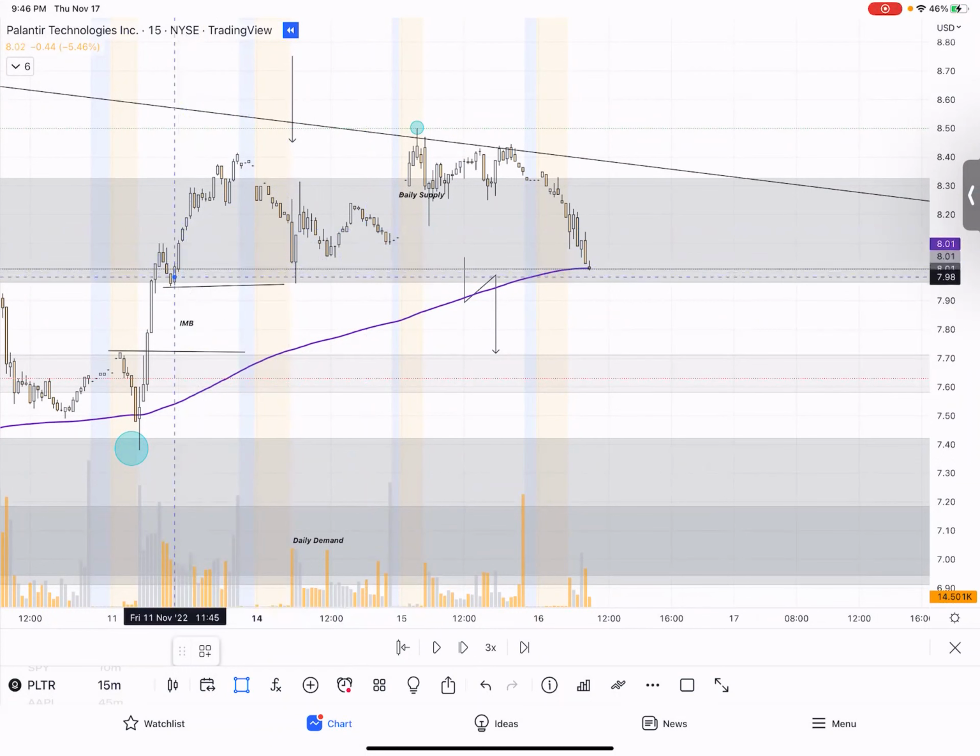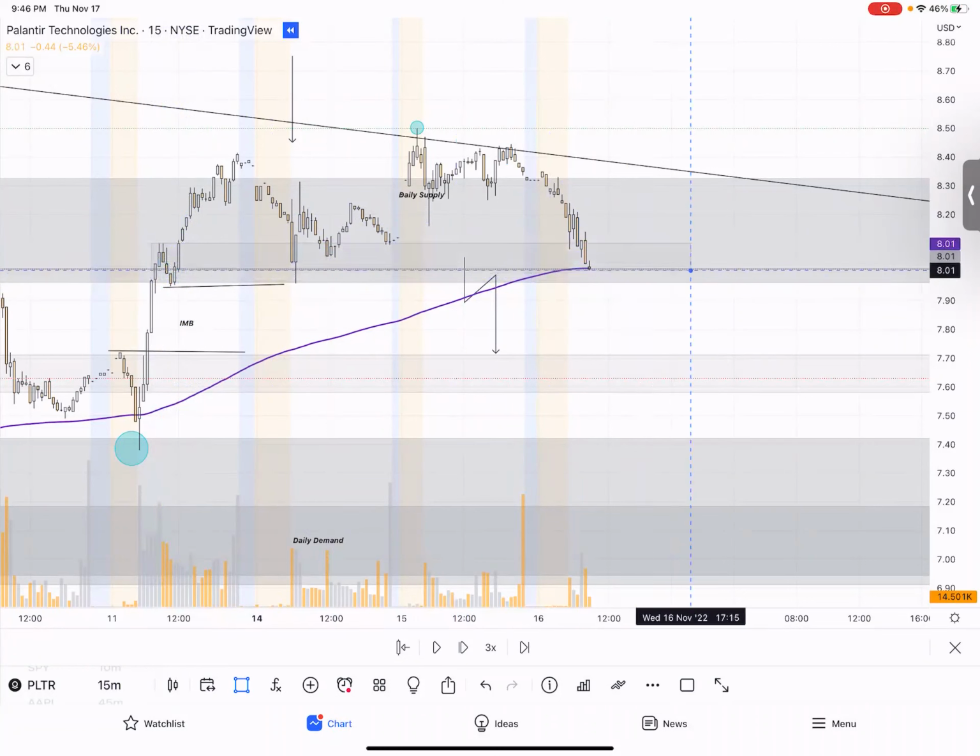When we look to the left, we see the institutions pushing price aggressively to the upside. Retail traders can't move the market this fast, right? So this here tells us that this zone is valid